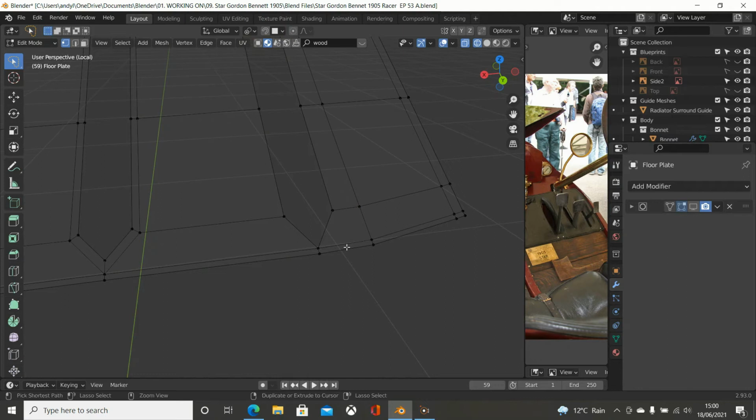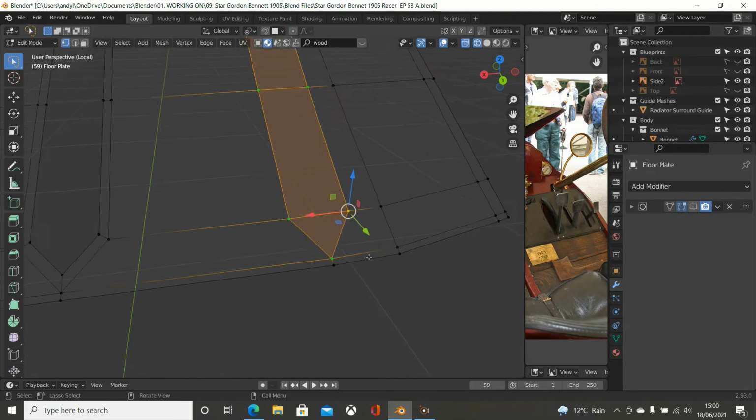No, Control Z to bring that back, I haven't indented it. So I to indent,